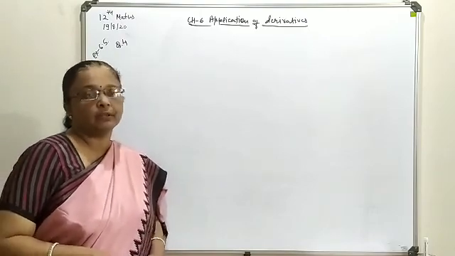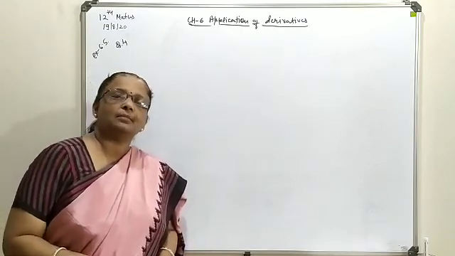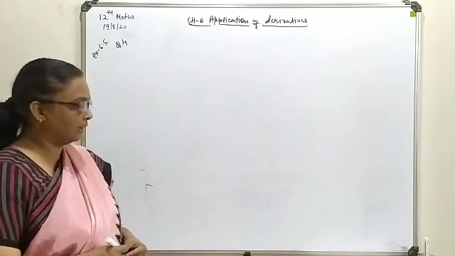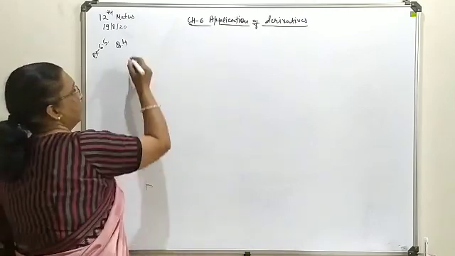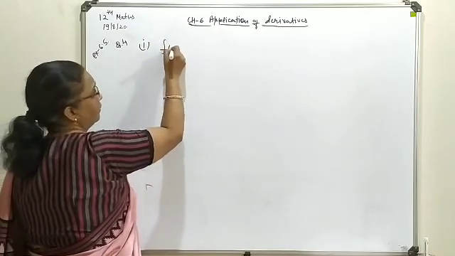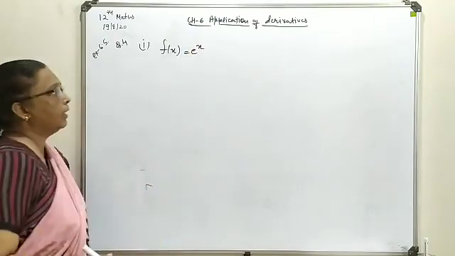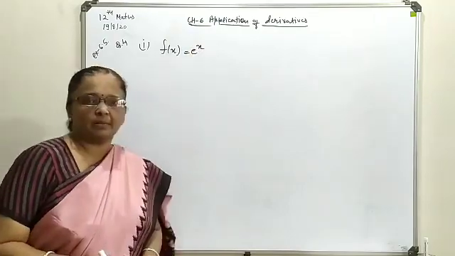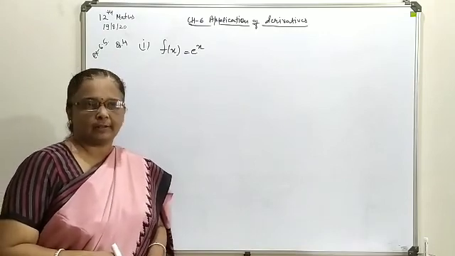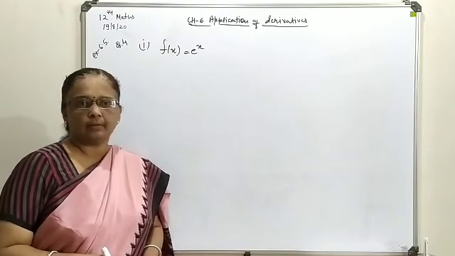So you have to give the reason why it is not possible to evaluate maxima and minima for the given functions. So let's start the discussion with each case. Here, the first one, f(x), is available as e power x, in exponent form. Now, for evaluation of maxima and minima, first we normally find the value of x, and on the basis of that, maxima and minima can be decided.